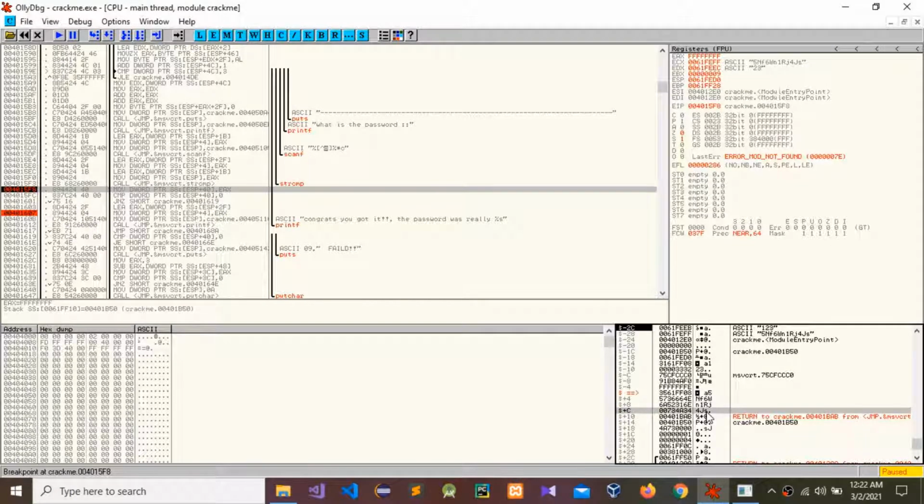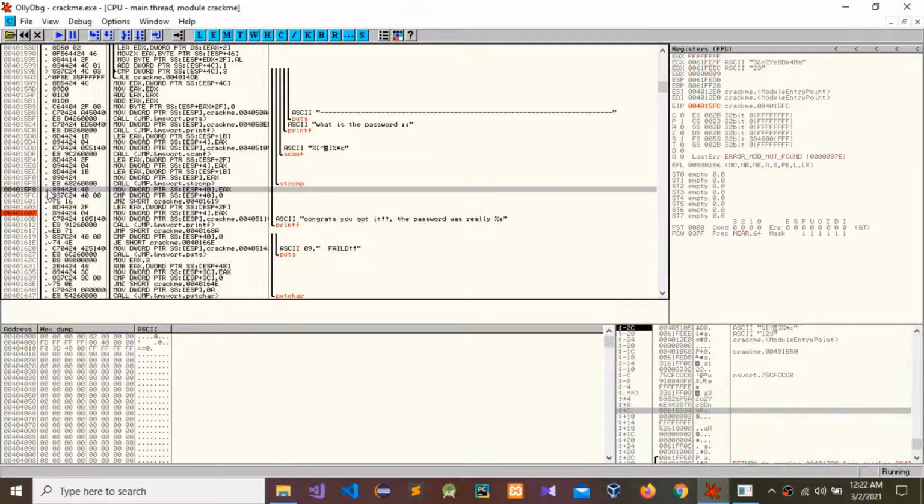Can you see? So now I'm going to run this program again, so it may change or not. So let's see, does it change or not. So guys, I'm going to run this program again. Okay, now I'm going to remove this breakpoint. Can you see it's changed?